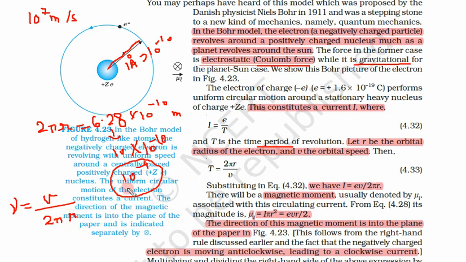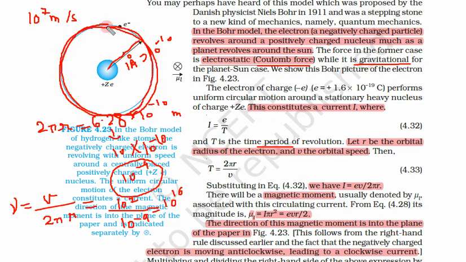So this 2 pi r is 10 to power minus 9. Let us put this here, 10 to power minus 9, and this is 10 to power 7. So if you solve, this will come out as 10 to power 16. So an electron moves around 10 to power 16 times around the atom in 1 second. So the frequency is very large.